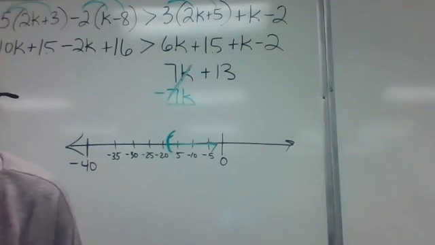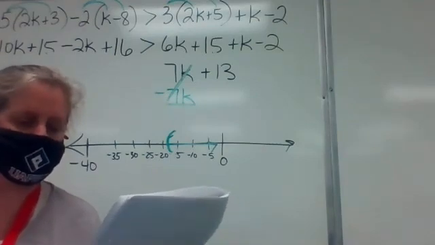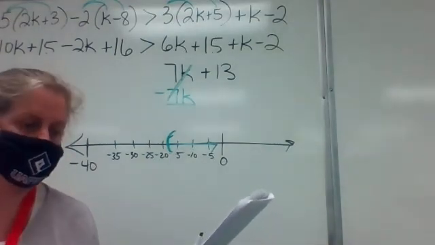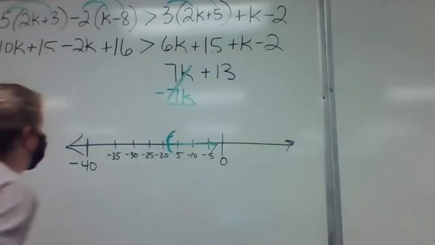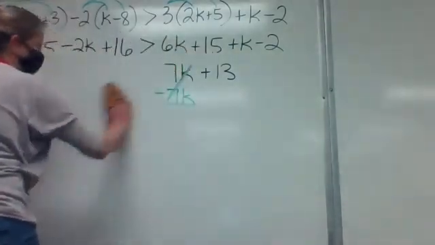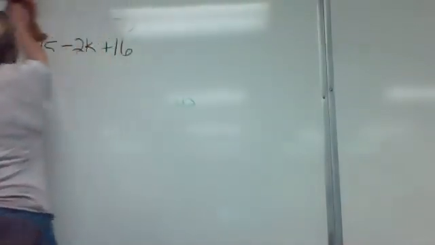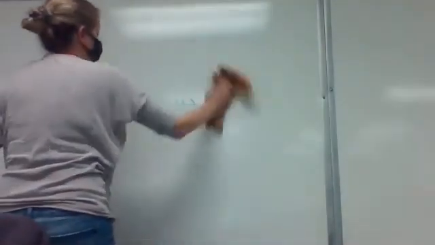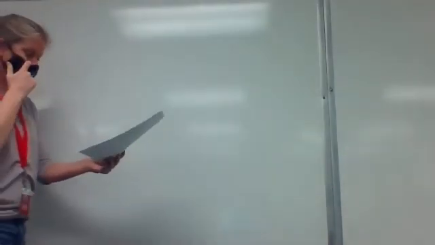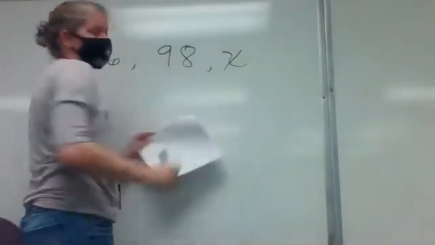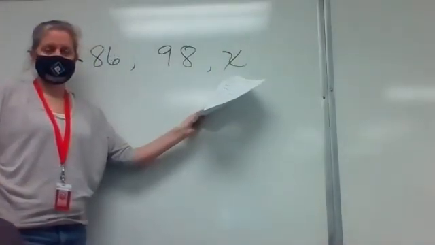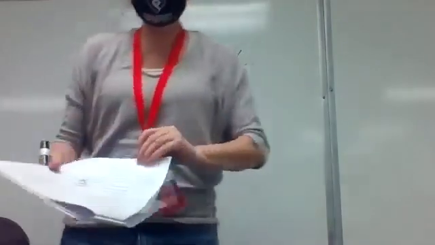Okay, last one. This is a word problem. It says John has grades of 86 and 98 on his first 2 history tests. What must he score on his 3rd test so that his average is at least 89? So let's think about what that means. So let's see, his first 2 scores are 86 and 98. And he's got one more test to take. Which means,